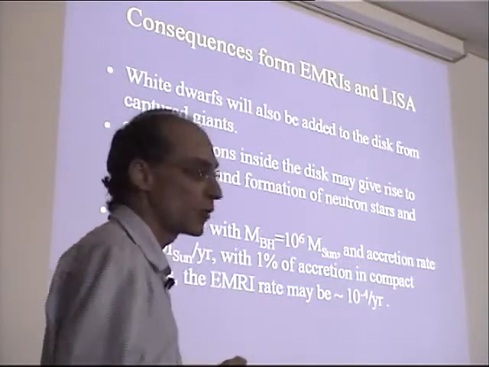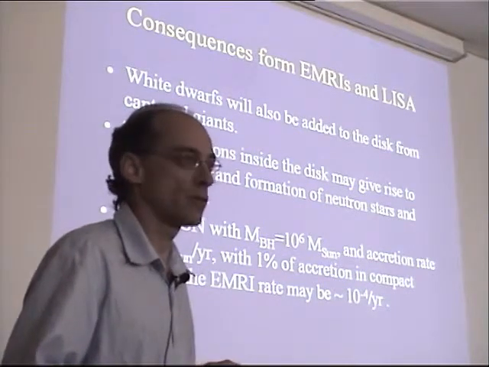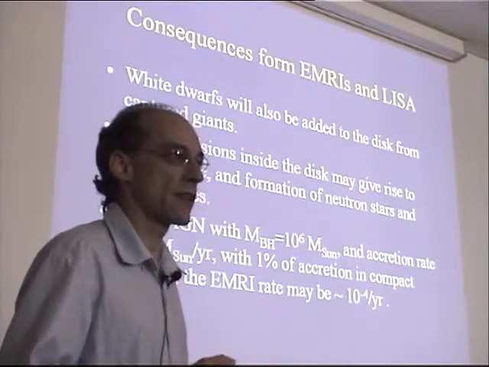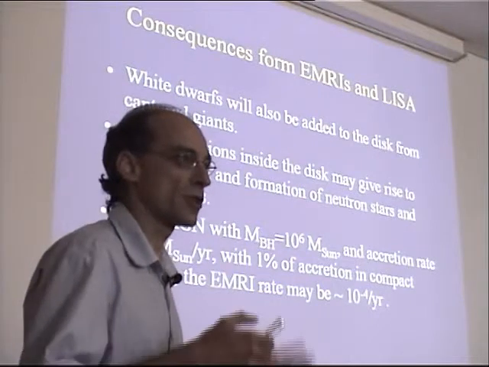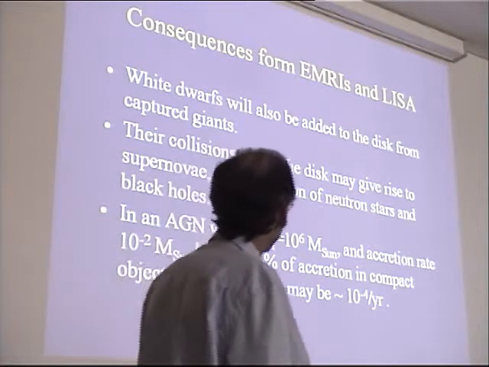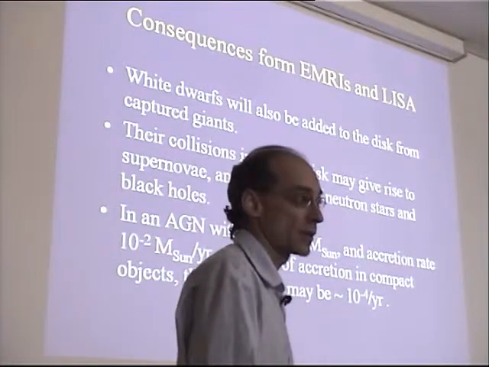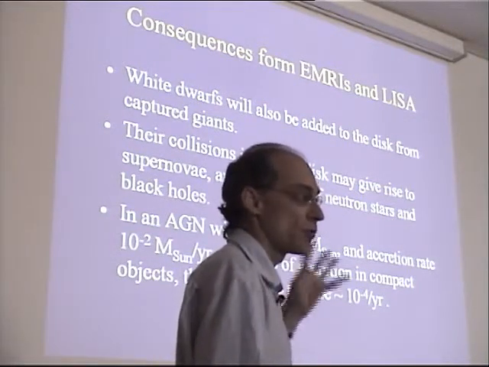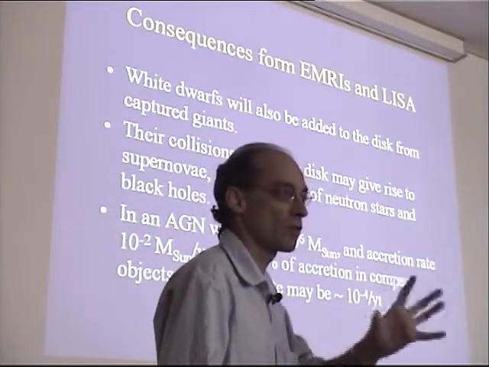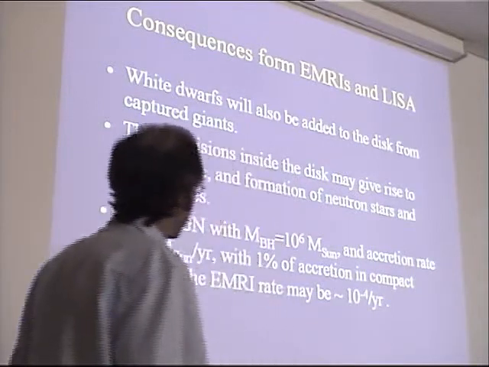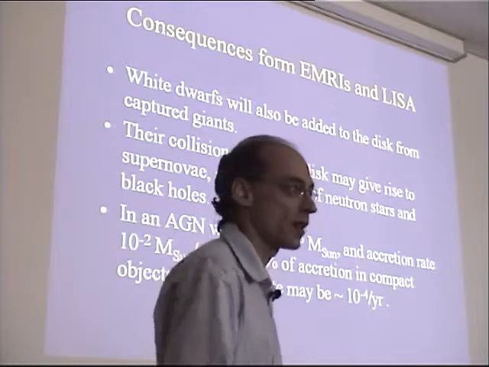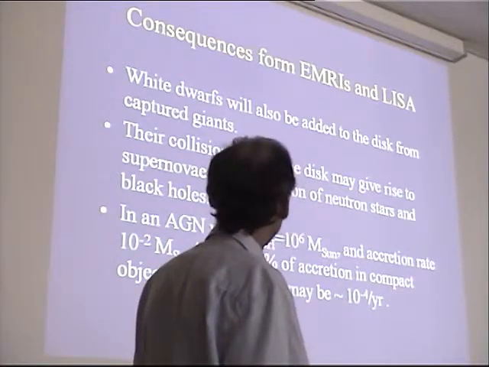So in addition to main sequence stars that will be there during this starburst, there will be a lot of other objects, of course. There will be red giants. These will have their envelopes destroyed, but they will have a white dwarf inside. So some of these white dwarfs will also be added to the disk. For example, if a red giant just goes into this loss cone, well, it will lose its envelope, but then maybe as it smashes into the disk, then the white dwarf will be left there. So there may be plenty of white dwarfs inside the disk, and these will not be destroyed so easily, of course, as main sequence stars. They may just be there inside the disk.